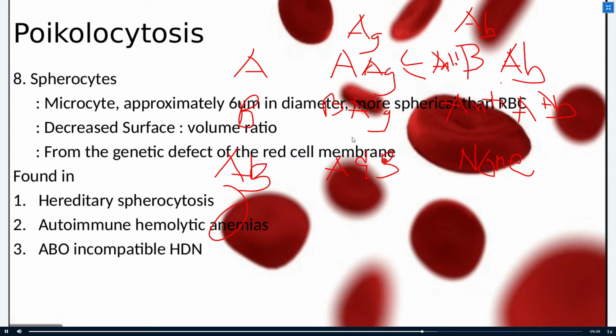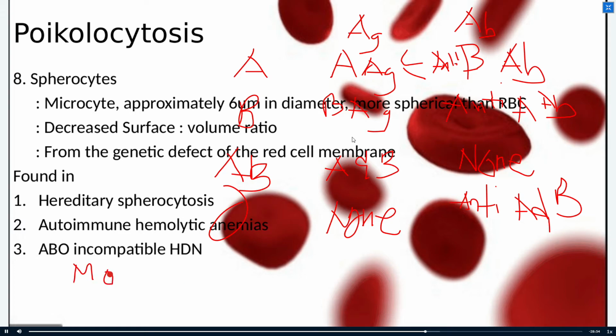Walang antibody. Kasi kung merong anti-A or anti-B dyan, naatakihin niya to. How about your O? What's the antigen for your O? None. Wala. How about your antibody? It would have anti-A and anti-B. Nag-blood bank na ako. Okay, now that you've identified the different antibodies class, your ABO incompatible HDN would happen if